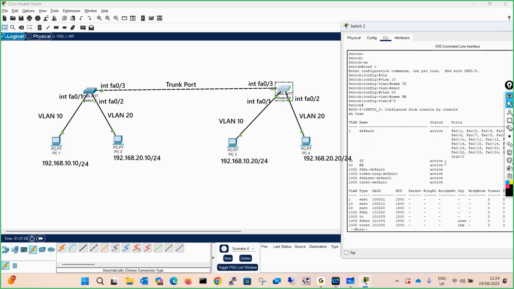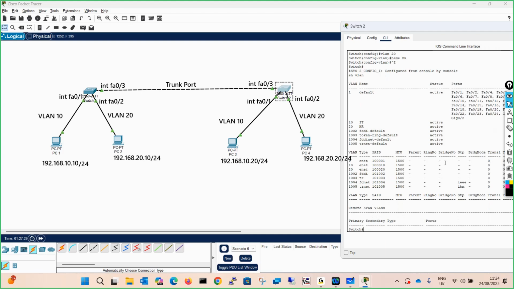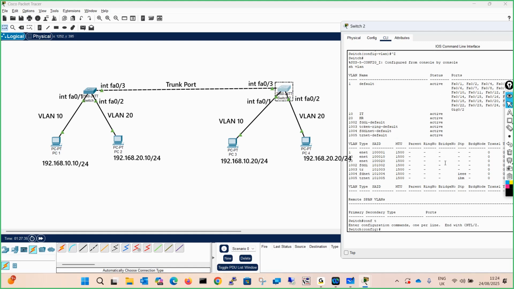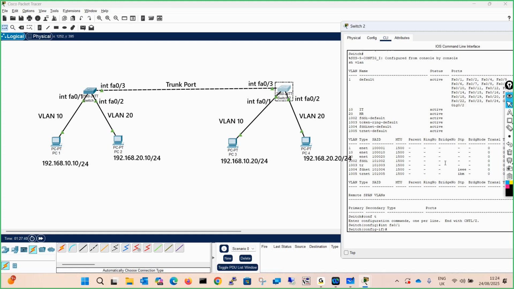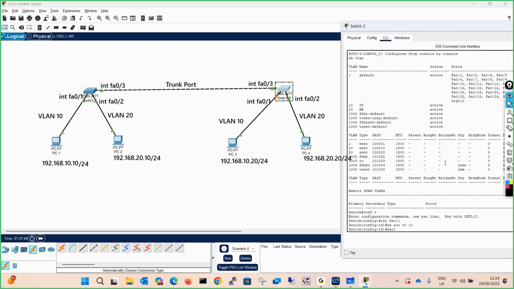Now it's time to assign the membership. So you will go to configure terminal. You will say interface FA0/1, switchport access vlan 10. Exit from here.